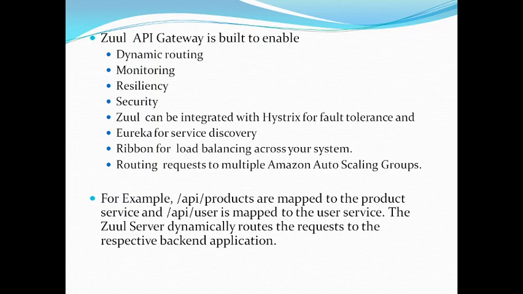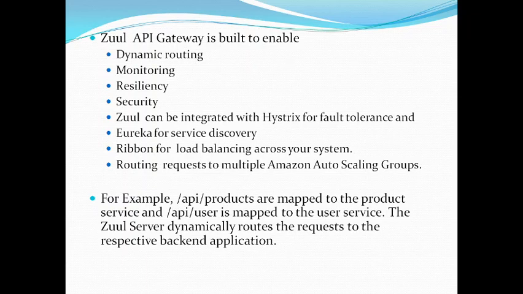And this Zuul API Gateway enables multiple features for your applications. Not only intercepting your request, it can also perform dynamic routing. So based on the routed URLs you provide, you can provide dynamic routing for multiple microservices. And by using Zuul API Gateway, you can monitor your application, and you can also control the resiliency for the multiple microservices running in the application. And you can also provide pre-authentication with the multiple filter methods available in Zuul.